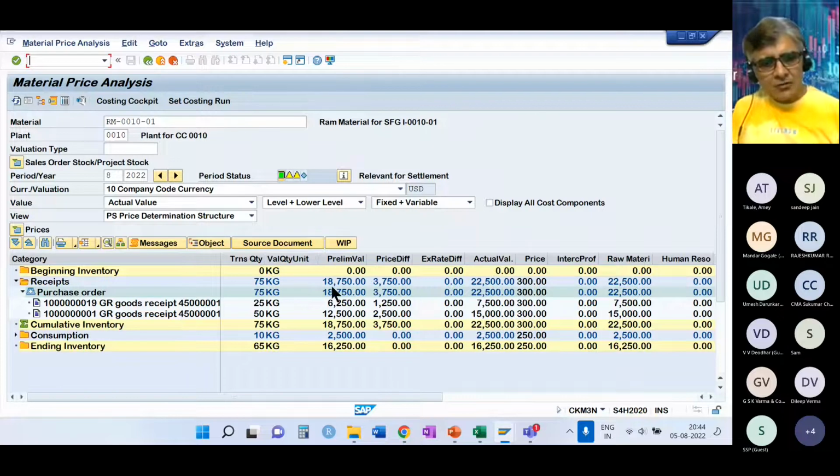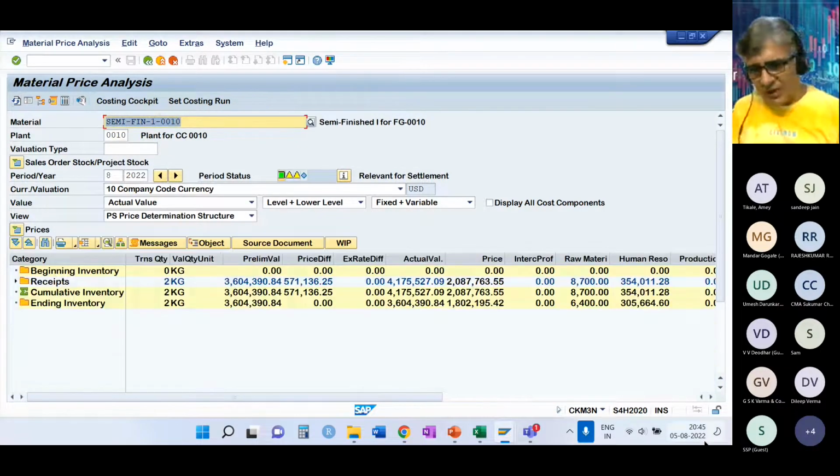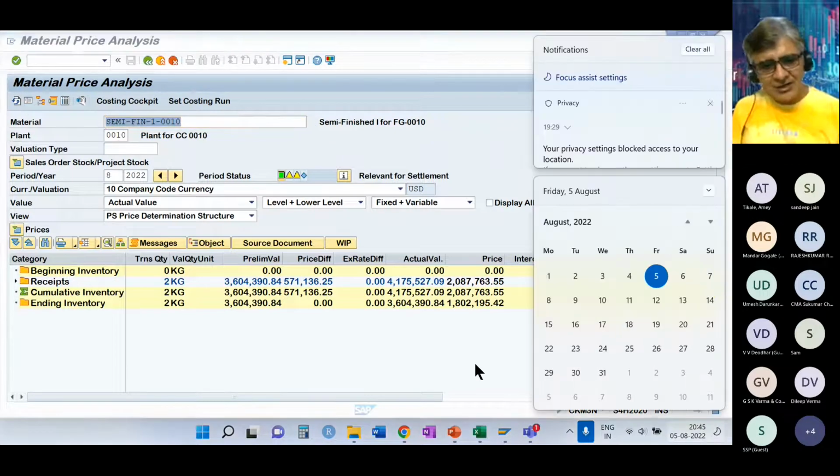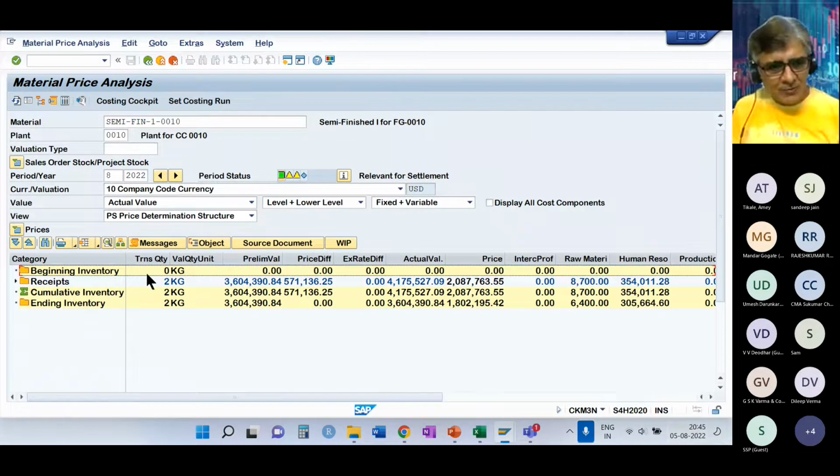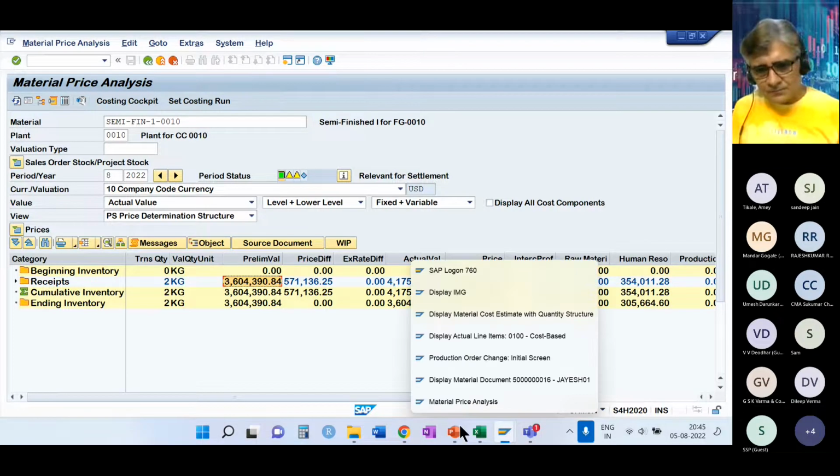Now, I'll show you how, though we are not running the program for actual costing, because that will not be possible. We are on the 5th of August and this is an August transaction, so it will not permit. But let us do it, at least in the Excel file.